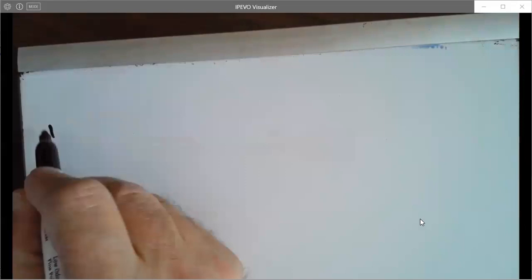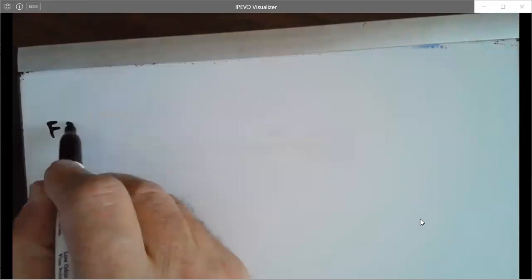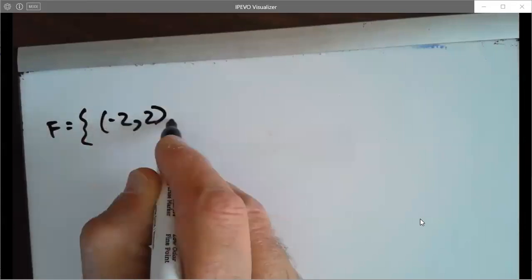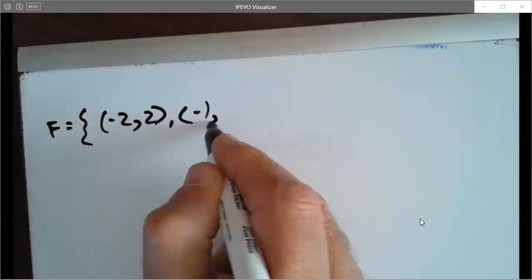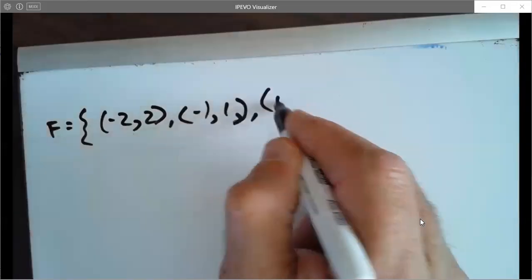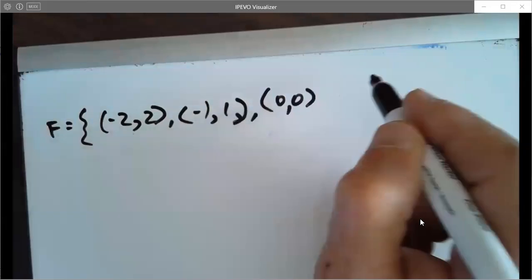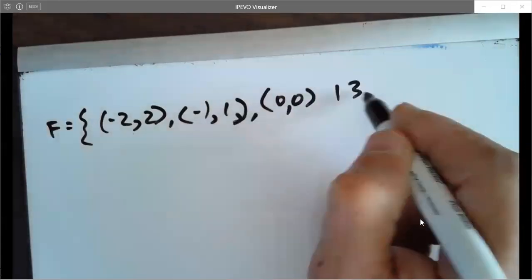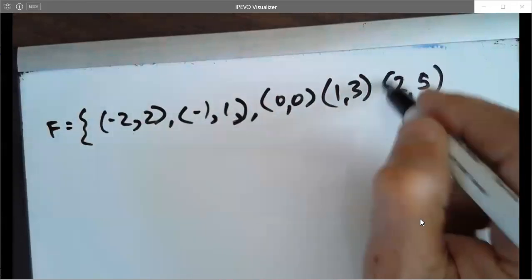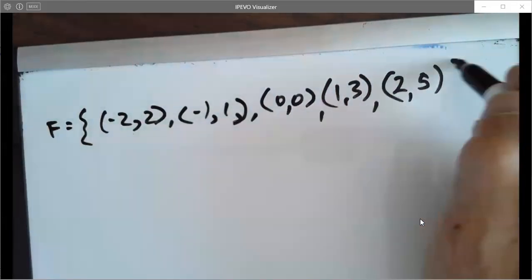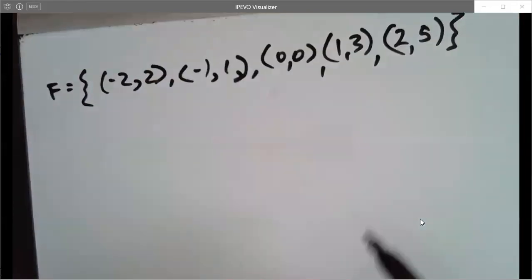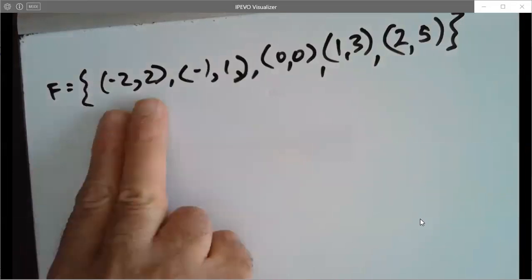So we're going to call this set F, and this is negative 2, 2, negative 1, 1, 0, 0, 1, 3, and 2, 5. So these are our points, right? Ordered pairs. So the inverse, all we do for the inverse is we just take the x and y coordinates